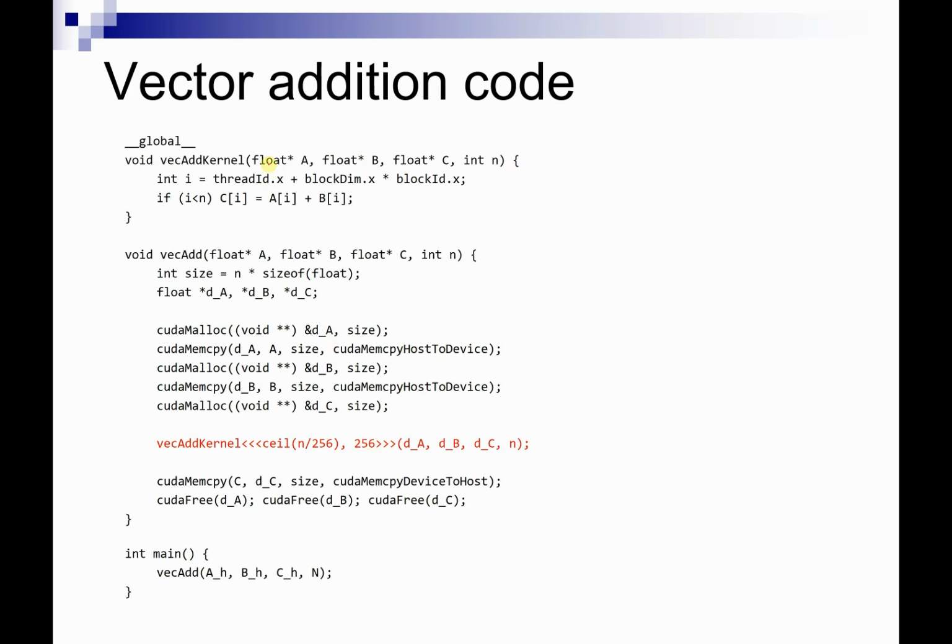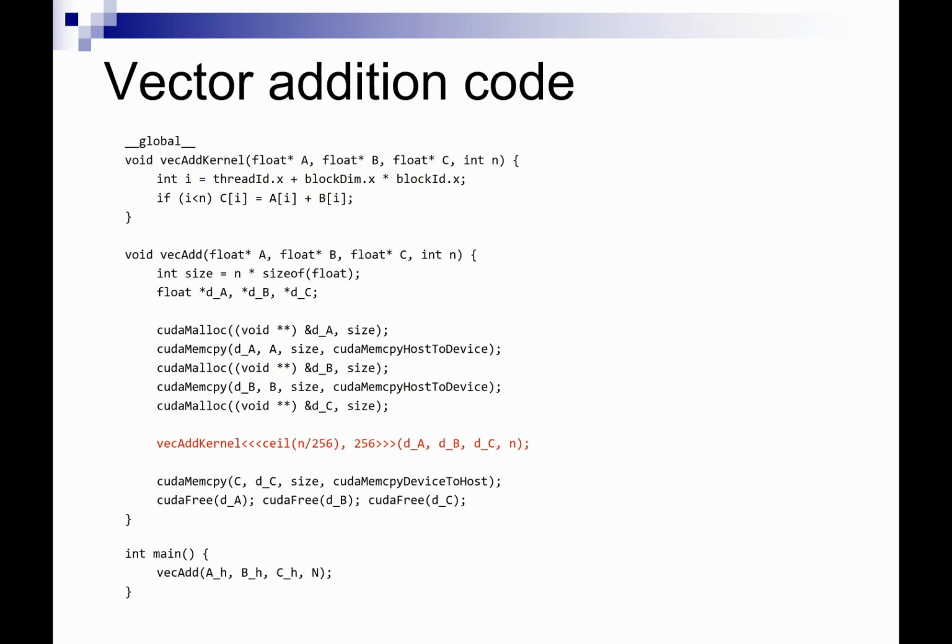So the thread has two ways of identifying itself. First, which block is it in? And second, which ID is it within that block? Now we do this computation over here. I'll talk more about what this computation is doing later. But anyways, somehow you use the ID of the thread, its block ID and its thread ID, to compute some index into this array. And then the thread is just responsible for the addition at that single index. So it just takes A of I and adds it to B of I, and then stores it in